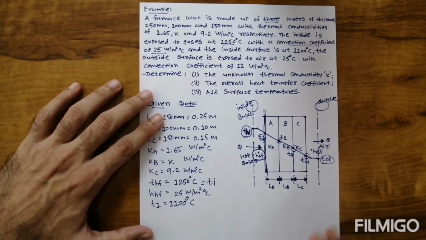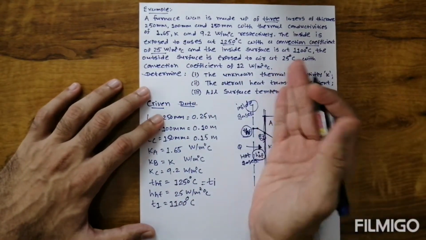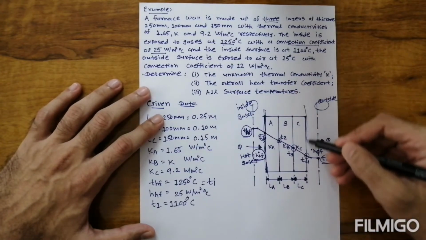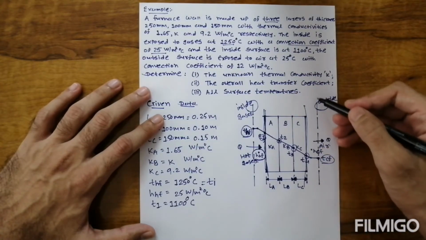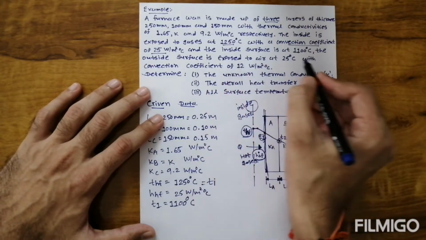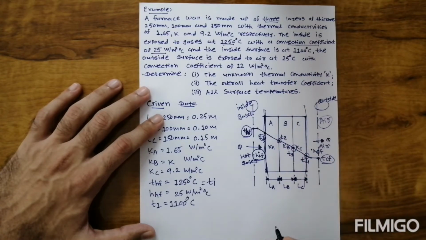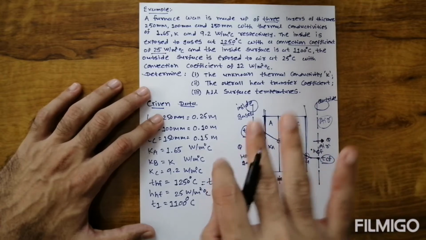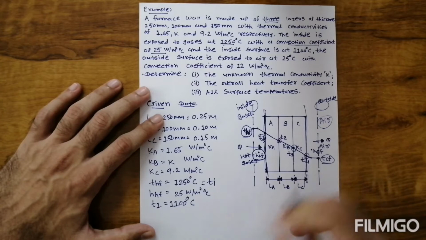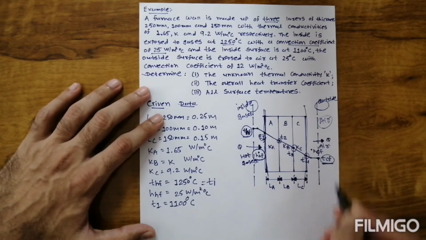Up to that. Then next, the outside surface is exposed to air. It means the inside gas is exposed, and this will be our outside surface, which is exposed to the air. Now, outside 25 degrees Celsius is given, but which temperature do we have to consider? T4 or TCF, which depends on the heat transfer coefficient. Suppose the heat transfer coefficient is not given, then we directly take the temperature as T4. But suppose the heat transfer coefficient is given, it means convection is present. At that time we consider the temperature TCF.